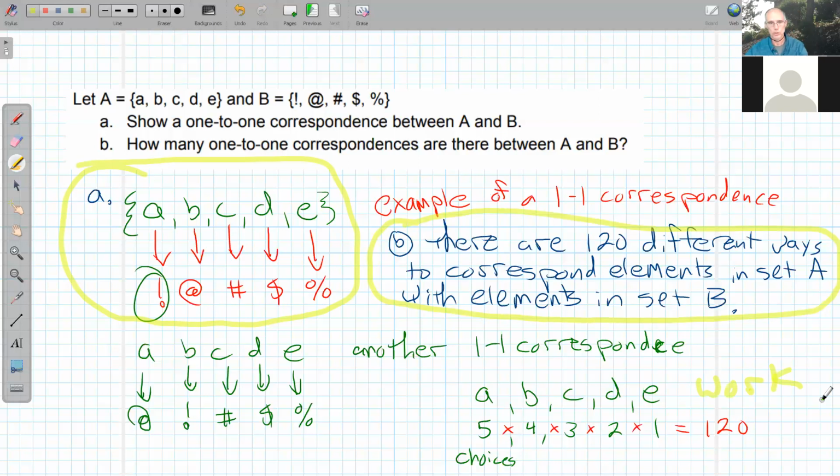All right, one-to-one correspondences. And then this idea of multiplying choices is called the fundamental principle of counting. And let's take a look at